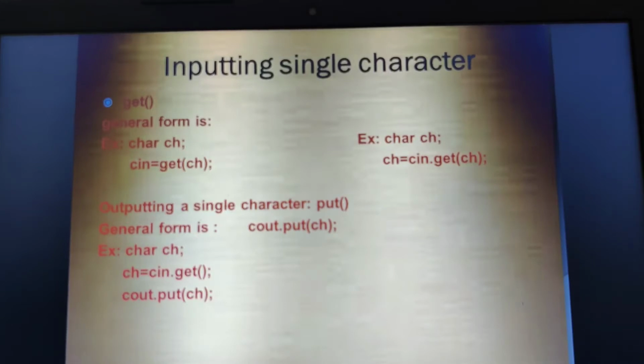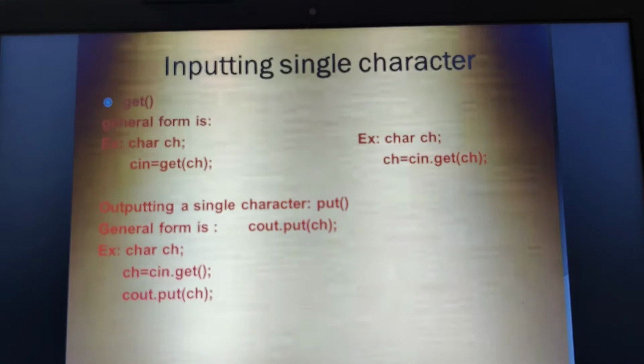We have discussed, with one programming example, how to determine the type of a character. Therein we have seen how to use the get function. Now let us discuss another program here: how to convert a character from uppercase to lowercase and vice versa by using the built-in character functions. In order to use the built-in functions of type character, we need to include a header file known as #include ctype.h.